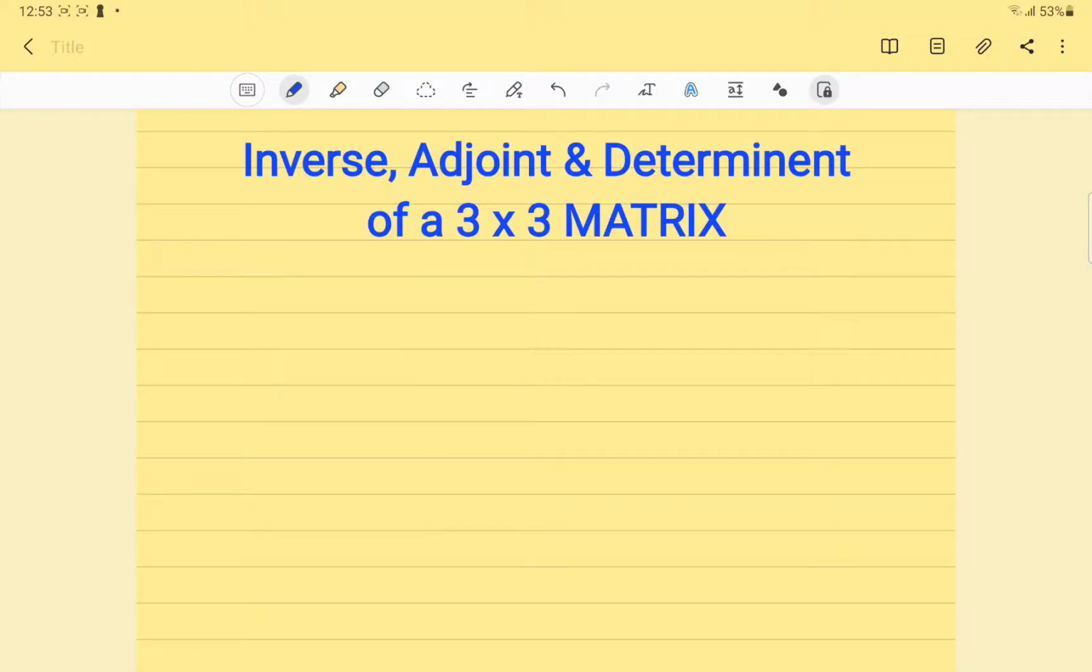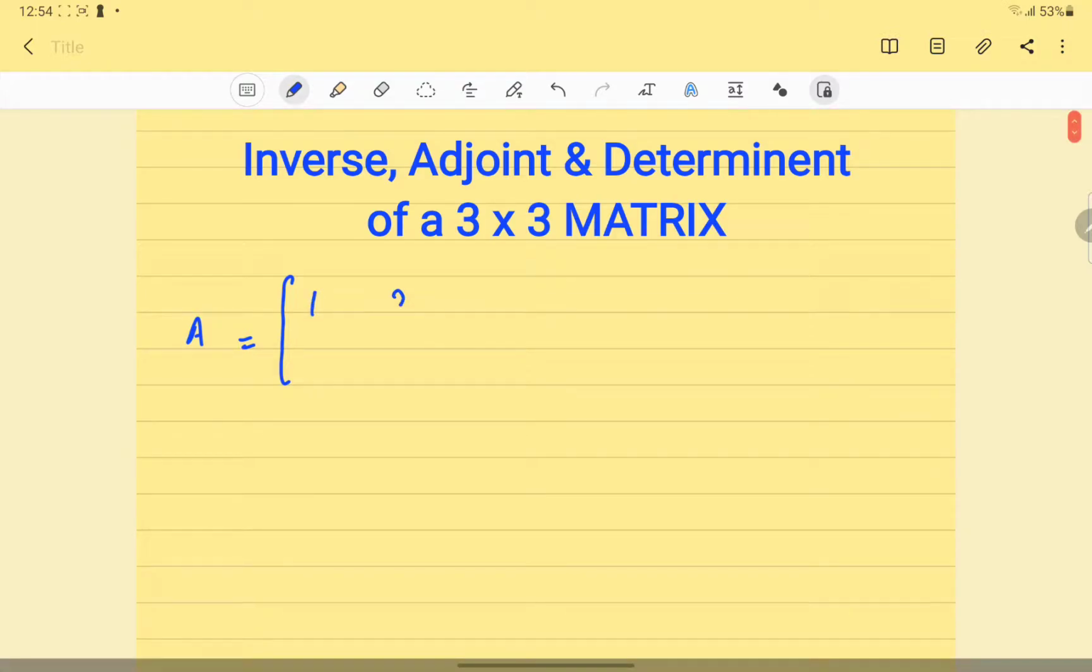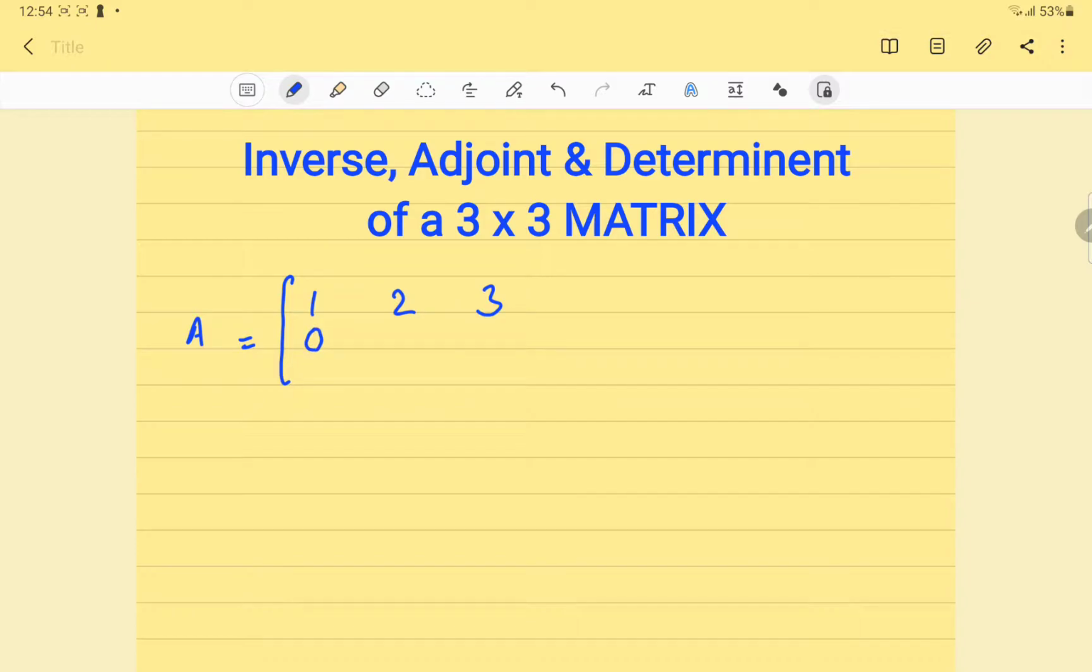In this video we are going to learn how to find inverse, adjoint and determinant of a 3 by 3 matrix. So let's get on with our solution. The given matrix is A is equal to, the first row is 1, 2, 3, second is 0, 1, 5, and the third one is 5, 6, 0,